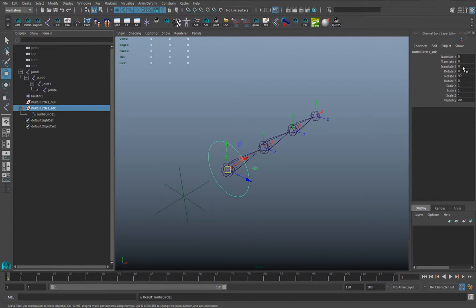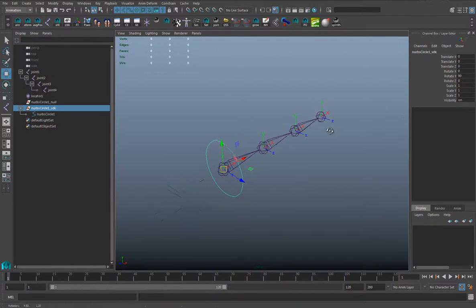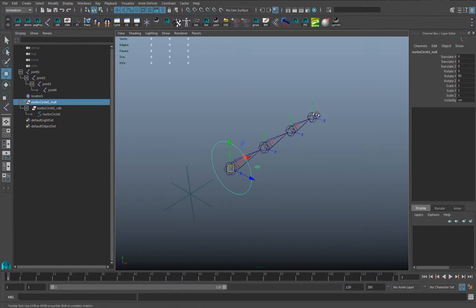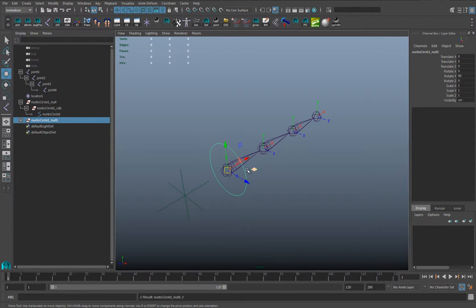We want a clean node that we set up our set-driven key on, just to make things easier on you. So now I'm going to parent the SDK underneath the null node, and you see it zeroed out all the SDK values, and they're all on the null node now. So I'm going to do this for each of these controls by duplicating. Hold V to snap it to next joint,